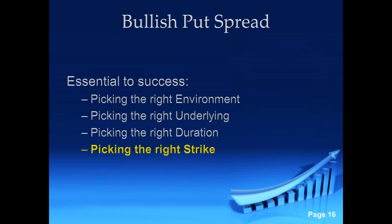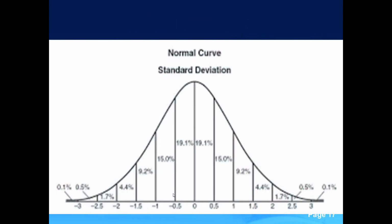All right. Can you clarify the standard deviation again? Yes, absolutely. Picking the right strike is very important, because this is a half standard deviation right here. This is a half standard deviation. Now, what standard deviations do is tell us the bell curve. So if we looked at this, right now, it's basically 50% that way and 50% that way. Well, 19.1%, you subtract that out of this, and you're basically going to come up with about